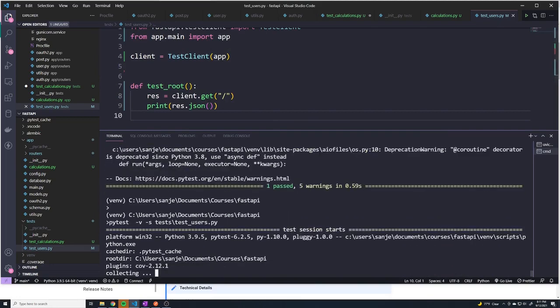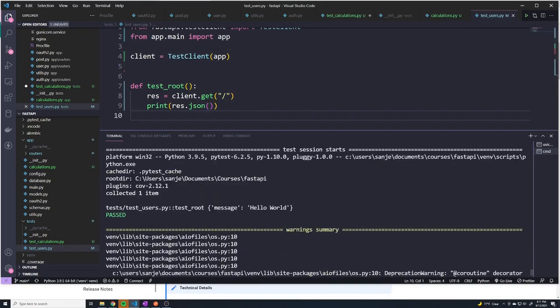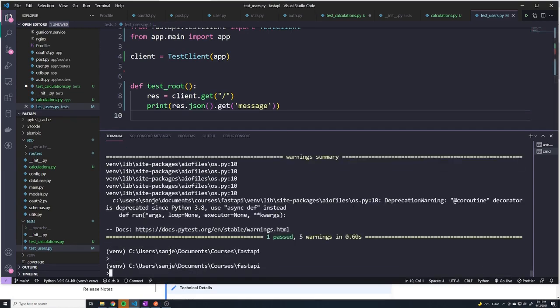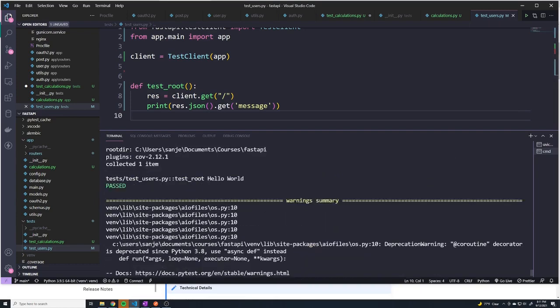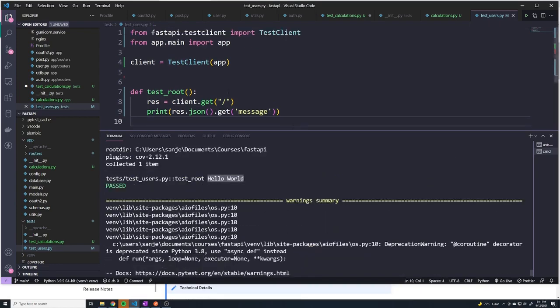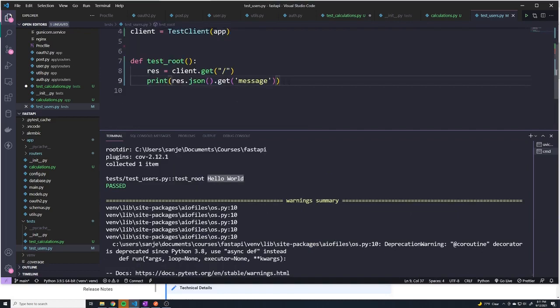And so then I can run this, and we can see that, hey, look, we get message hello world. And if I wanted to grab the message property, I could say .get and then message, and it should return hello world. Let's try this out one more time. And we can see that it prints out hello world. So to test that this route actually works, what we can do is just do an assert. And I could say assert, and then